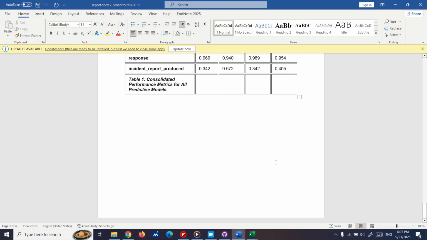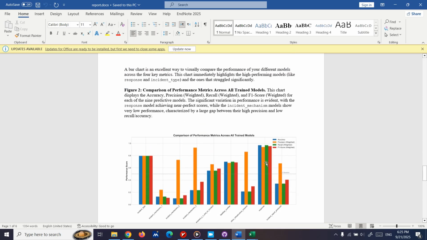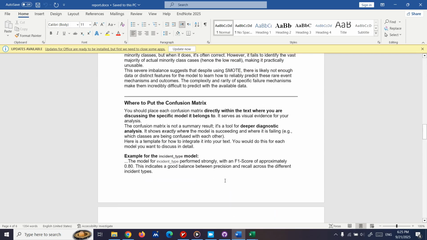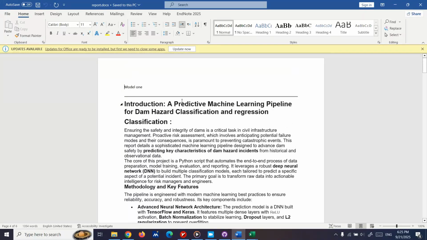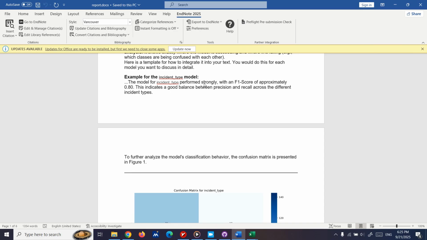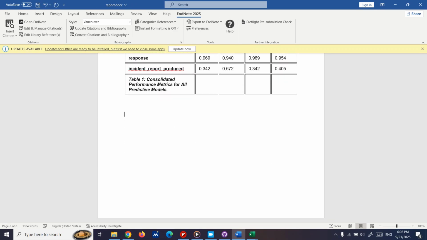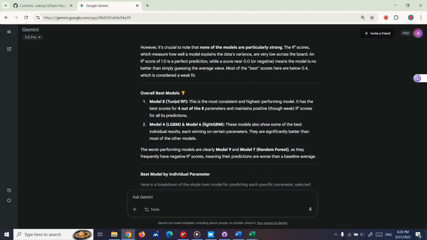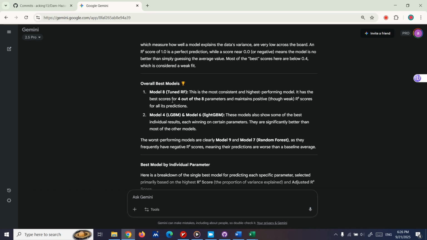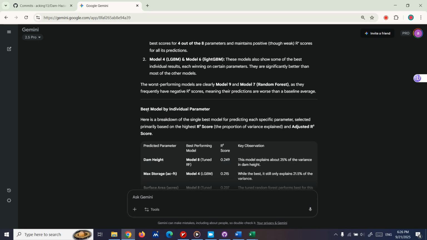I didn't see what changes we created. Okay. Now we need to create a regression here. Okay. Overall Model 8, Model 4,